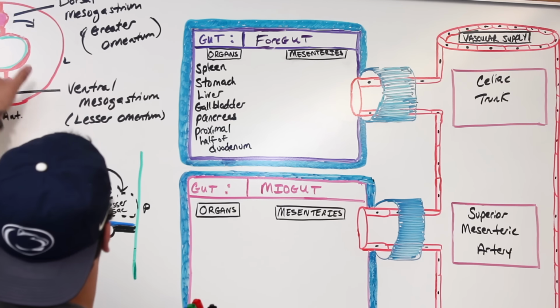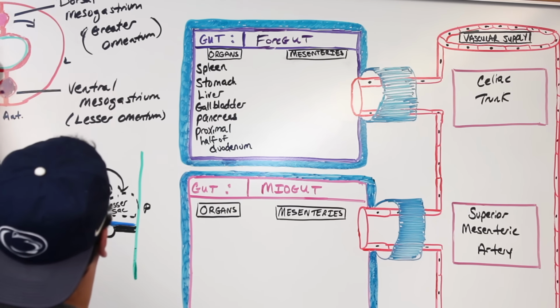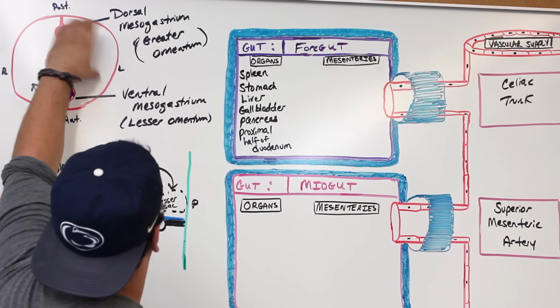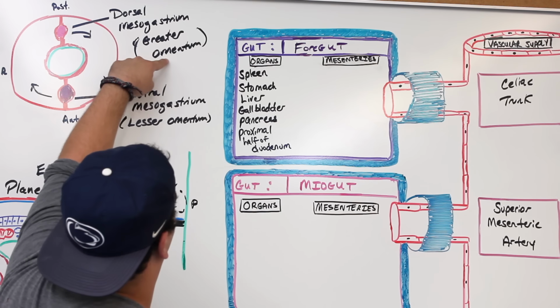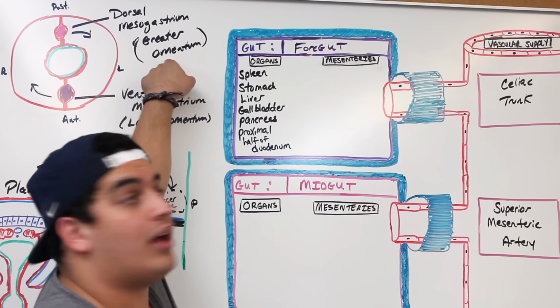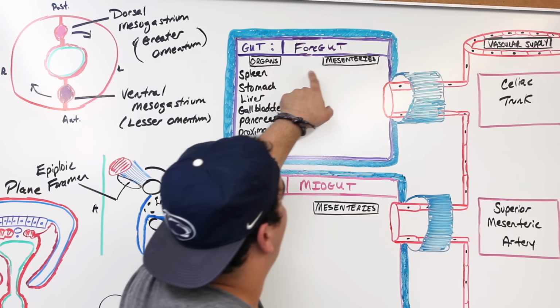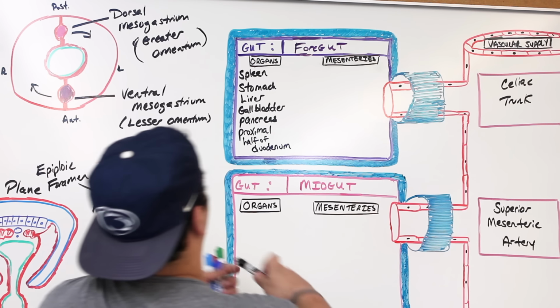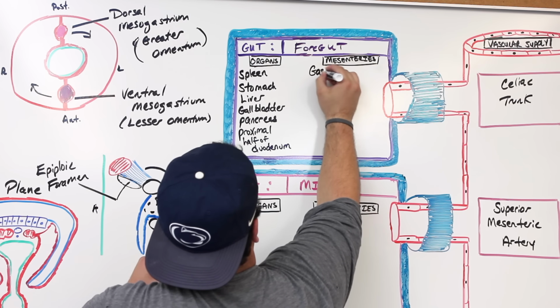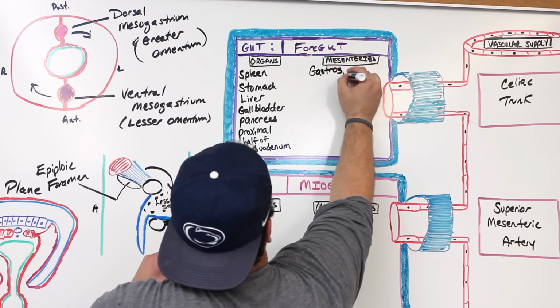Do you remember, whenever there was the rotation of the foregut, there was the dorsal mesogastrium, here's the spleen. When it rotates, the dorsal mesogastrium is going to mainly become the greater omentum. One of the ligaments of the greater omentum is specifically called the gastrosplenic ligament. So the specific ligament or mesentery here is the gastrosplenic